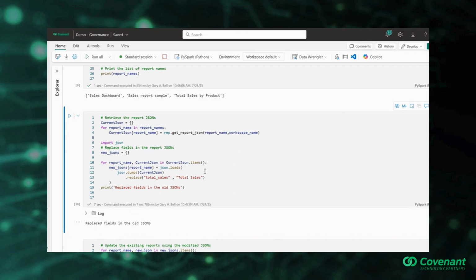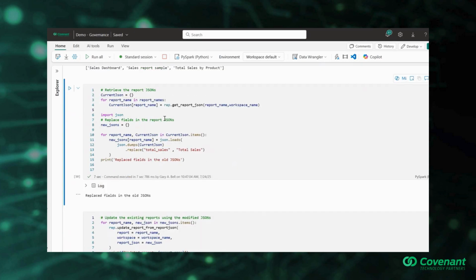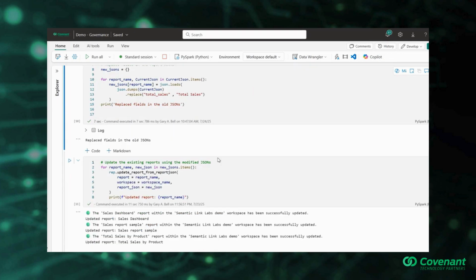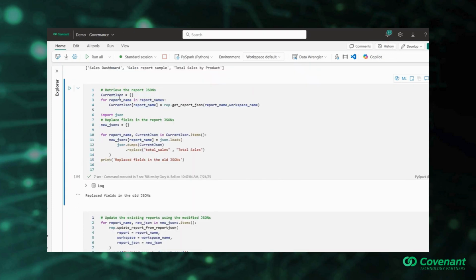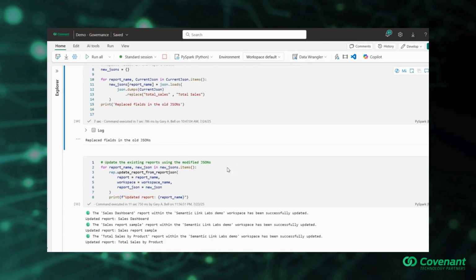Again, the alternative here in either the portal or in Power BI Desktop would be to go find each of the associated reports. And in this case, it's just 3, but it could easily be a dozen or more, and you'd have to go through and manually find not just every report, but every visual in each of those reports and figure out which ones reference total_sales and make the change to total sales. That can be extremely tedious, as you might imagine. Here with a little bit of scripting, we can go through it on a tenant-wide basis and find all the reports that are associated with it and do it